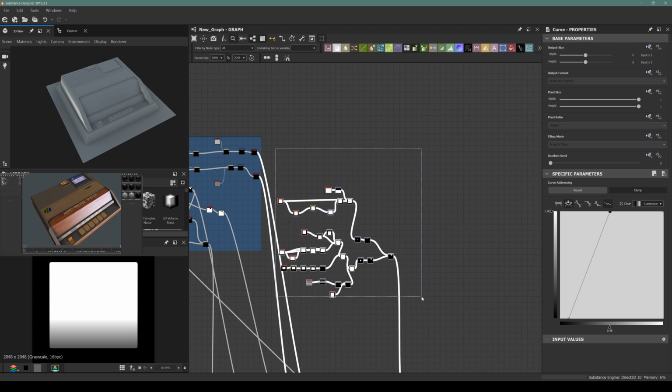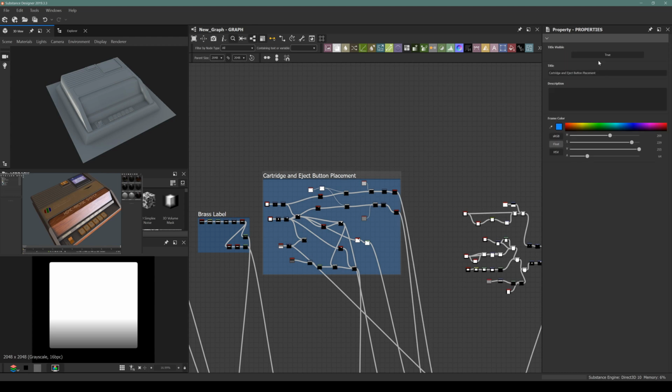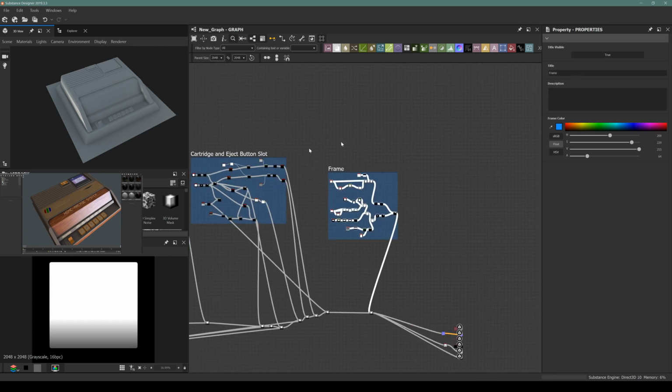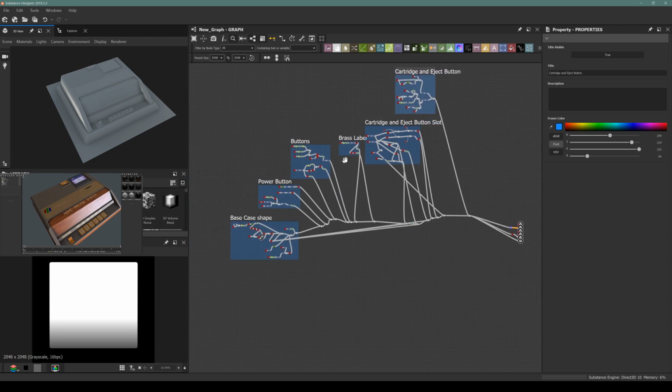And just move this here. Let's rename this as slot, and rename this as cartridge and eject button. Alright. You can see that the